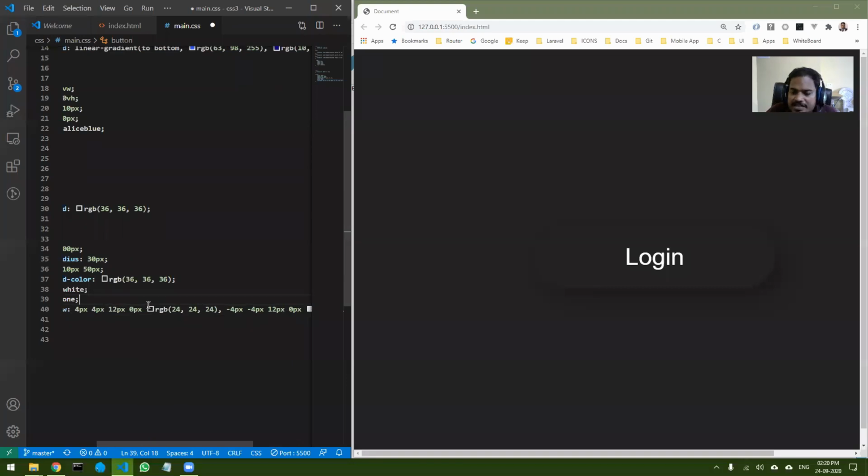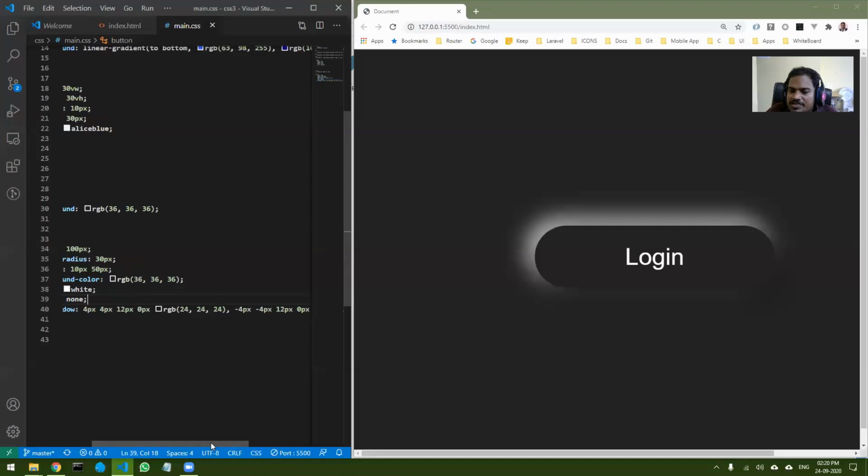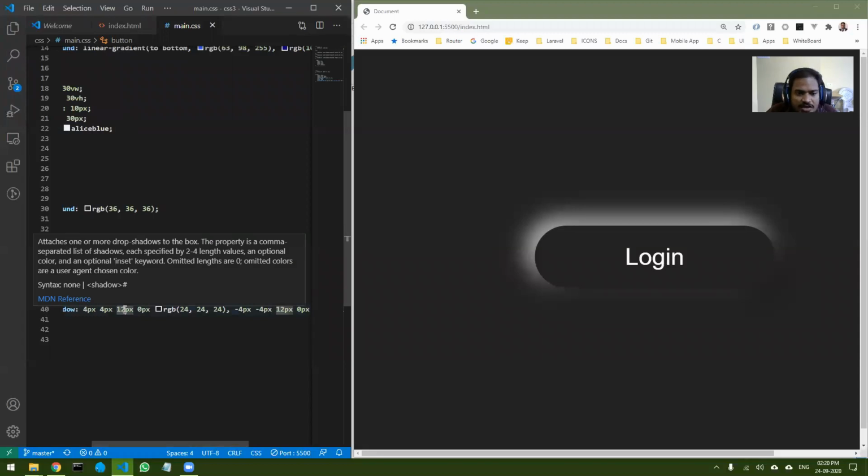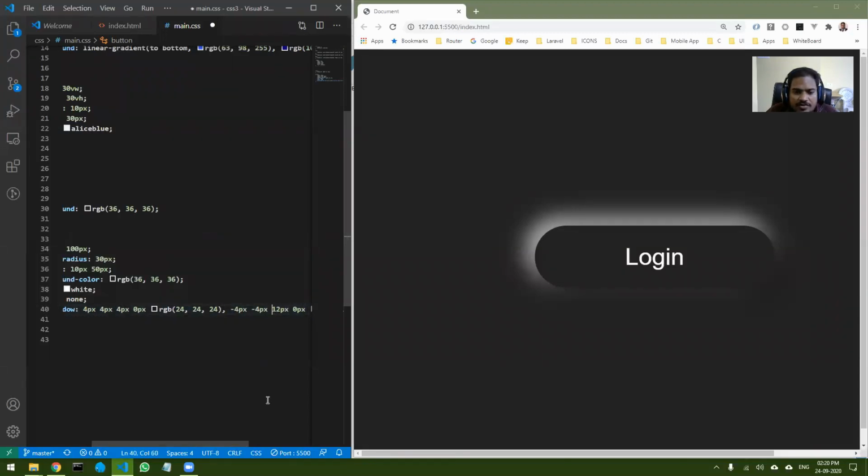Now if I save it, this is how it looks. Now you can obviously tweak it a little. It is too much, so I will make it, let's say, 4 and 4. Save it. Okay, and I think still it is too much, so you can tweak it according to your needs. Okay, so now this is looking better.